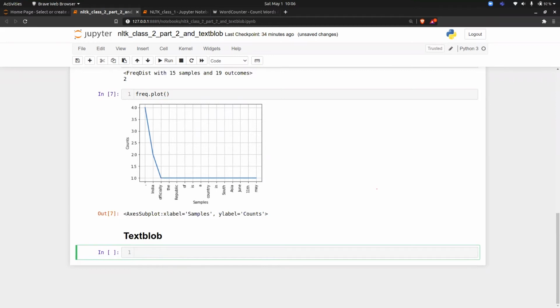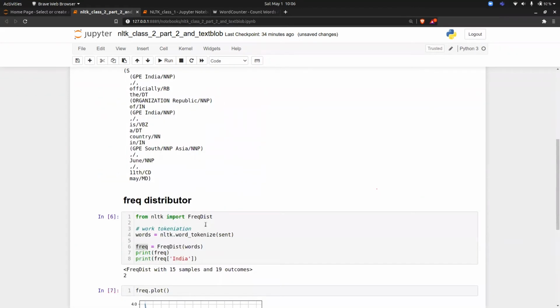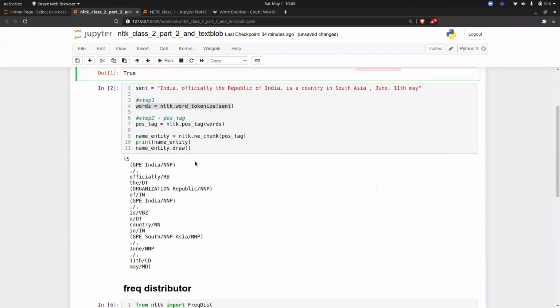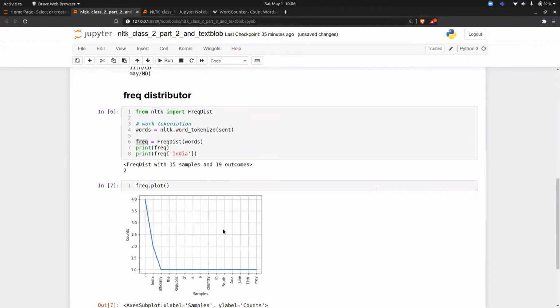Now, the advantage of using TextBlob is that you have to download the model only once. It is not like NLTK, where for each and every function you are downloading a separate model. For example, for NER you're downloading nltk.download words, maxent_ne_chunker, then for other purposes you're downloading some other model. The advantage they have tried to resolve here is a problem in NLTK: you have to call a model each and every time for the new libraries. But in TextBlob, you call it once and your job is done.